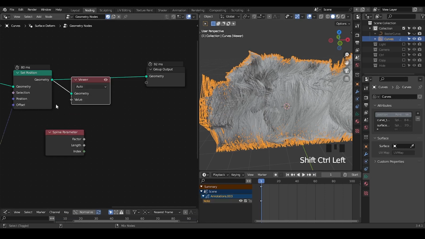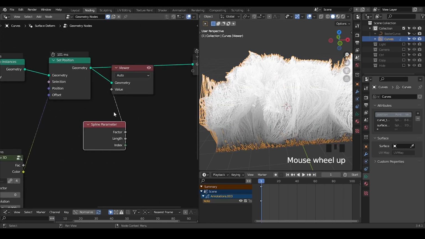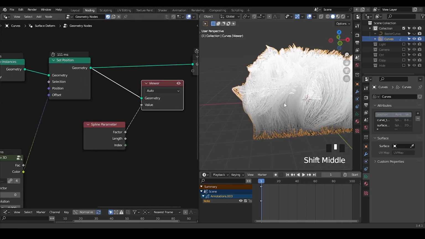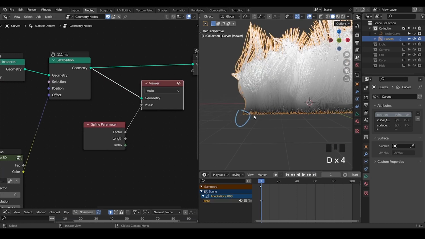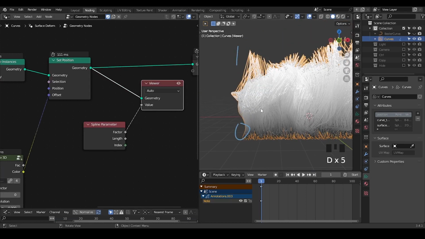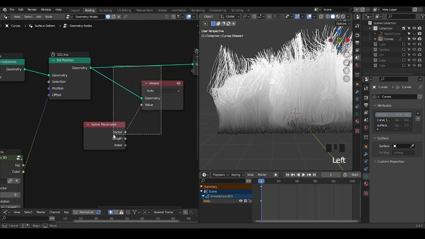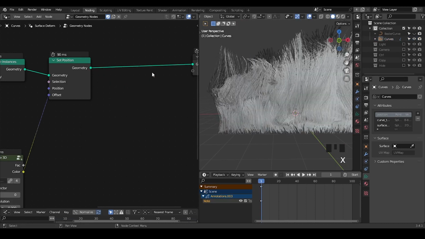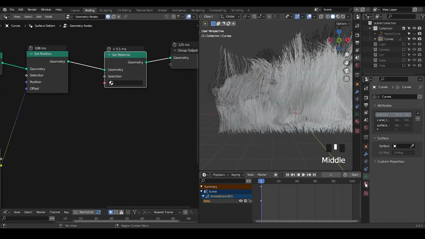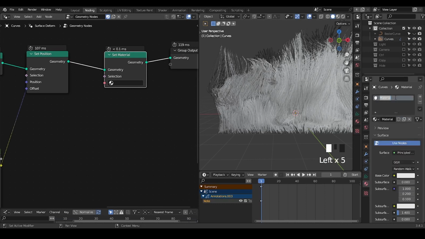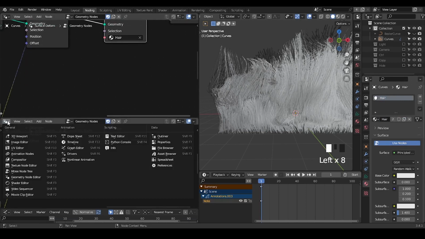If you take a view in the spline parameter, you will see the bottom is 0 and the top is 1. So it shows black to white from the start to the end of your hair. This also means we can give it a texture. So let's add a material and just name that hair. We take this hair, and within the shader editor,